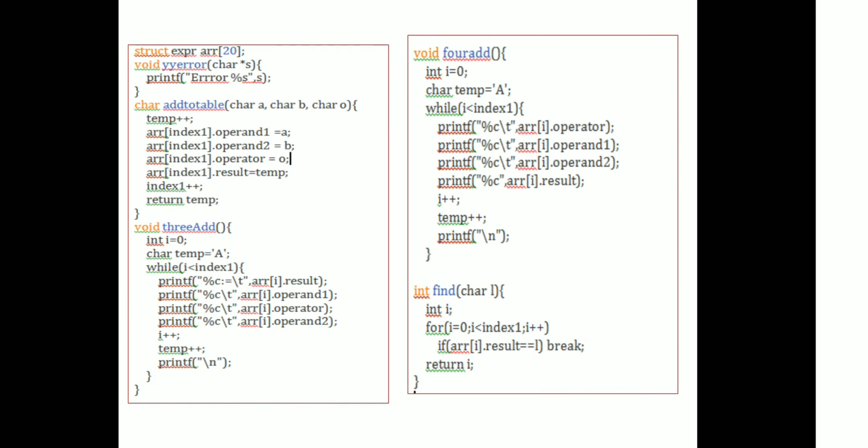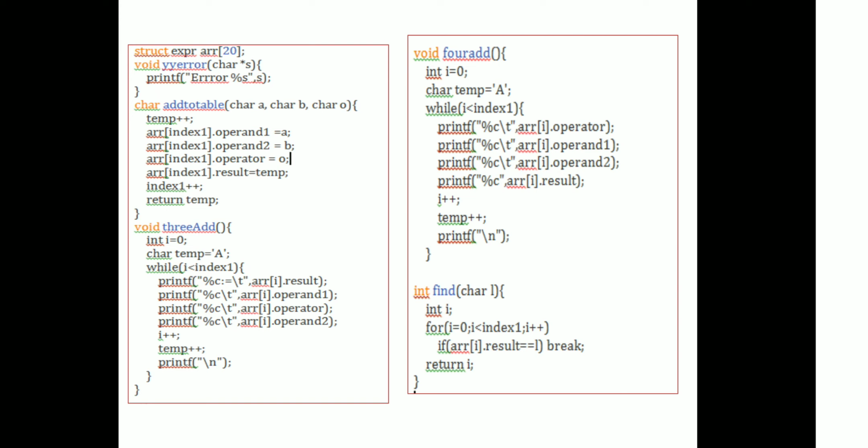Now go to the auxiliary function, the third section. We'll see this add to table is basically used to fill the structure fields. To convert that into 3 address code is normally simple, because we fill the particular structure as per the expression: left child, right child, operator and result we store into one structure, and in the second structure we store the second. Likewise, whenever we display from 0 to index 1 of the particular array, it displays everything.